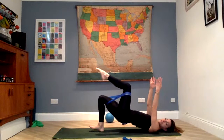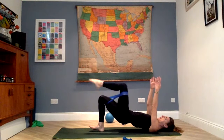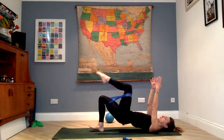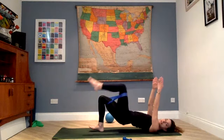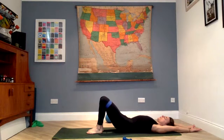Aim for 6, 5, 4, 3, 2, hold the last one up, point that toe, tap, and lift. Hips stay high. Stay there, 6, 5, 4, 3, 2, last one, and take the feet down to the mat, arms reaching behind, and just roll your spine